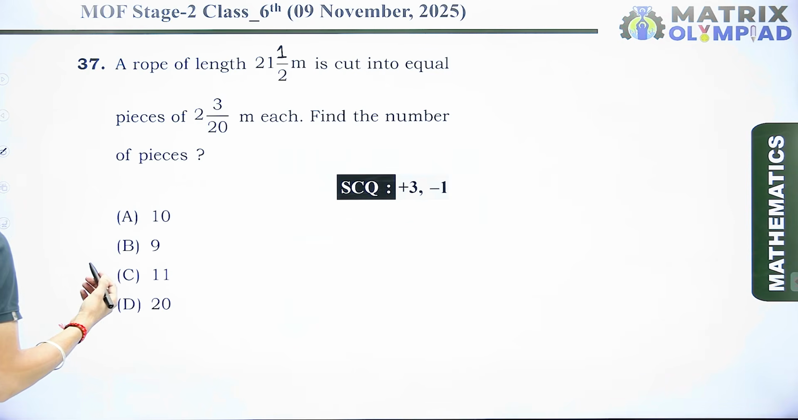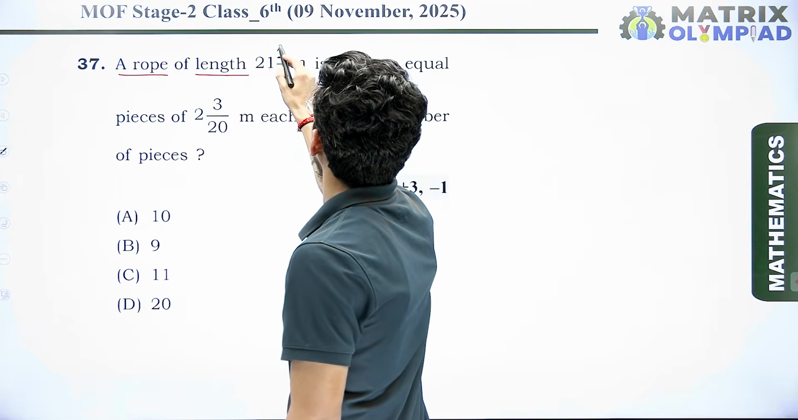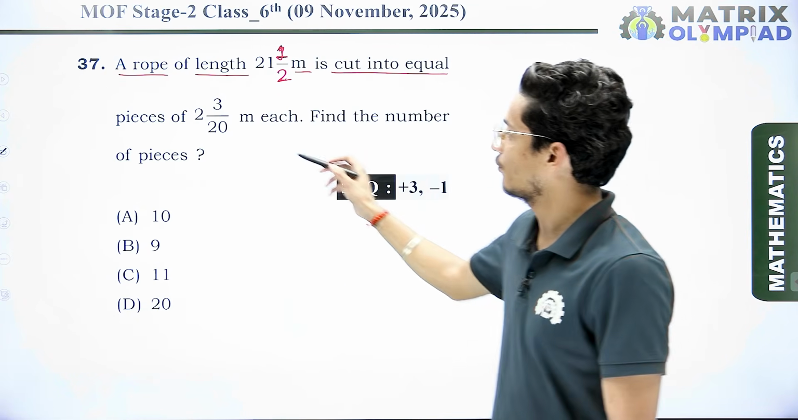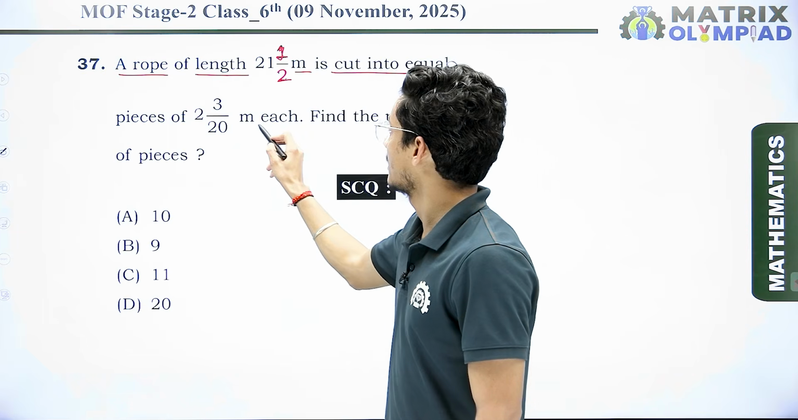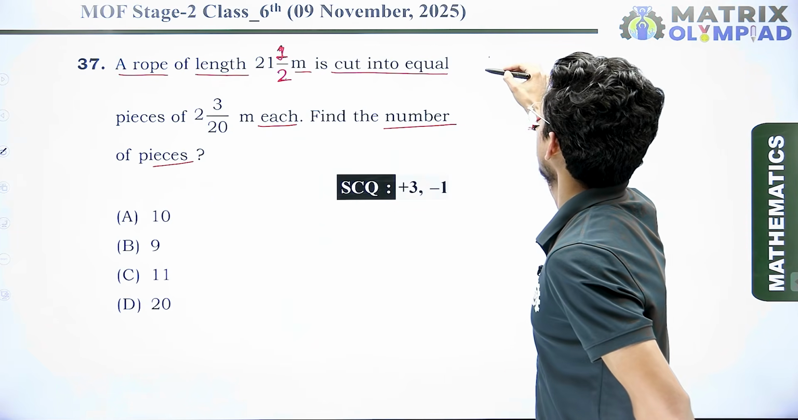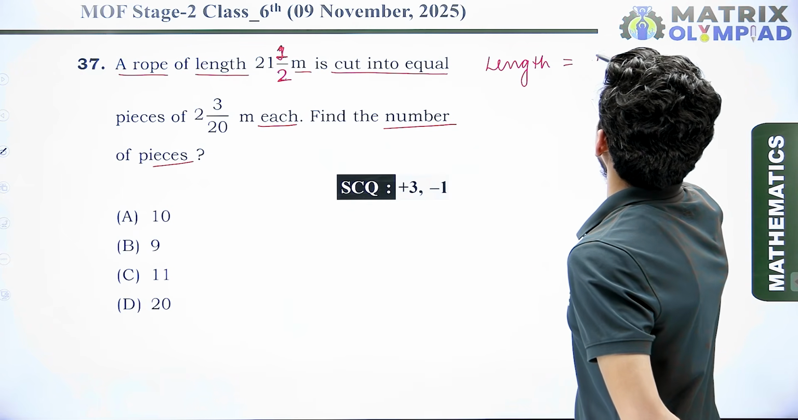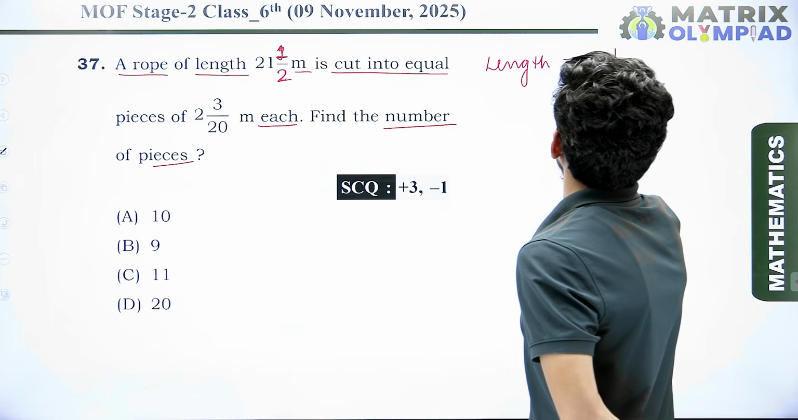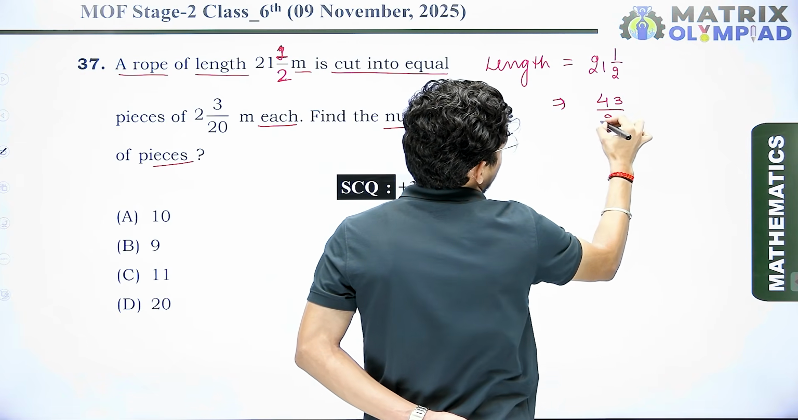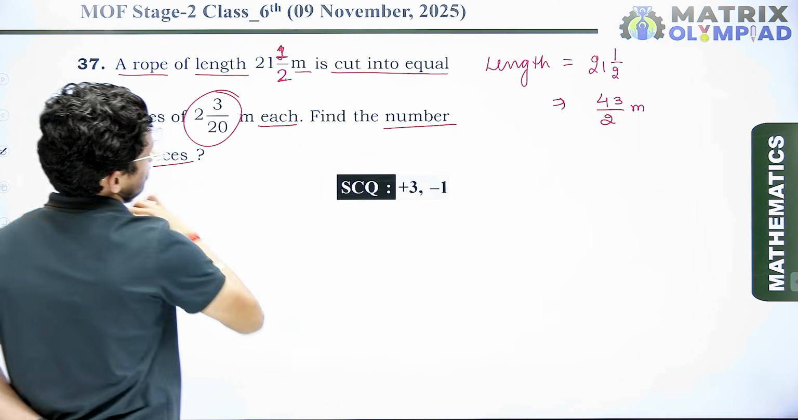Now the next question: a rope of length 21 and 1/2 meter is cut into equal pieces of 2 and 3/20 meter each. Find the number of pieces. Here we have the given length, which is 21 and 1/2. So I can write 21 times 2 is 42, 42 plus 1 is 43, so 43 upon 2 meter. That is the total length, and the length of each piece is